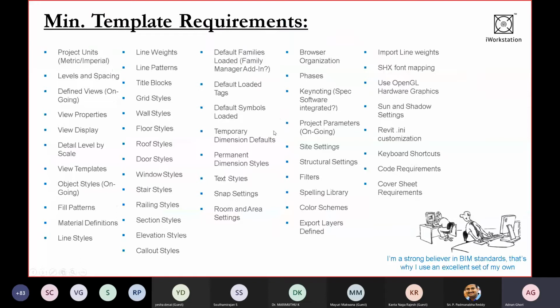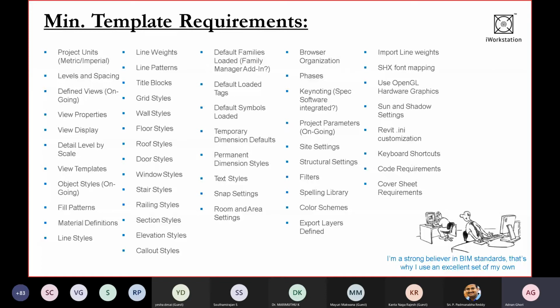When we work in BIM, you have some sort of requirements. So you need to define, first of all, what the project units are, what the levels and spacing are, what the view properties and view display are, what the door styles, text styles, and line weights are. All these things are required while creating a template for any project, right?